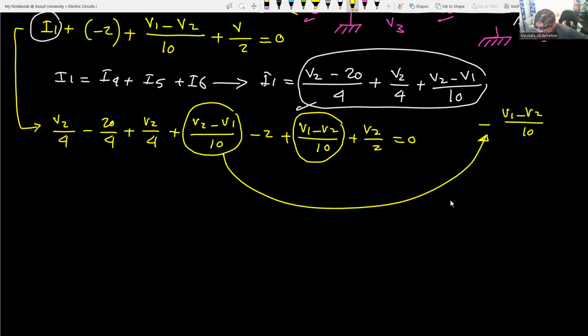But look, this one here is this, and we have here the opposite of it. So this is minus (V1 minus V2) over 10, and this is plus (V1 minus V2) over 10. So this guy will go with this guy. They're gonna cancel each other. Good. So what we end up with is